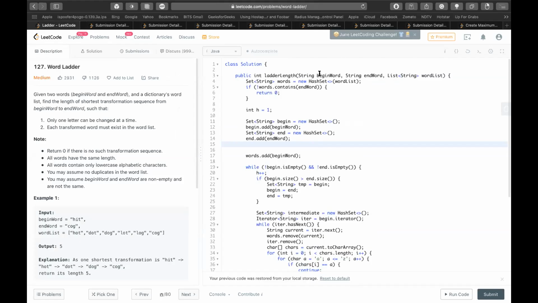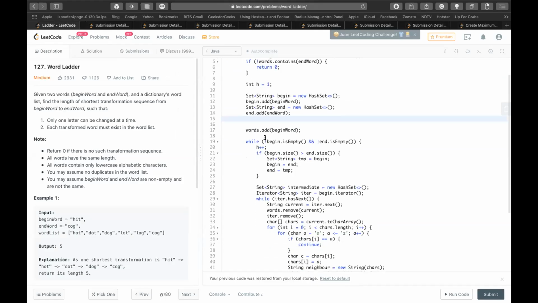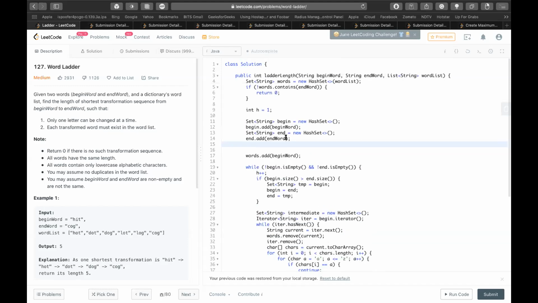In some cases the begin word is not there, so I'm trying to add that word to the set of words. Actually, I saw in some cases that the begin word is not in the word list.